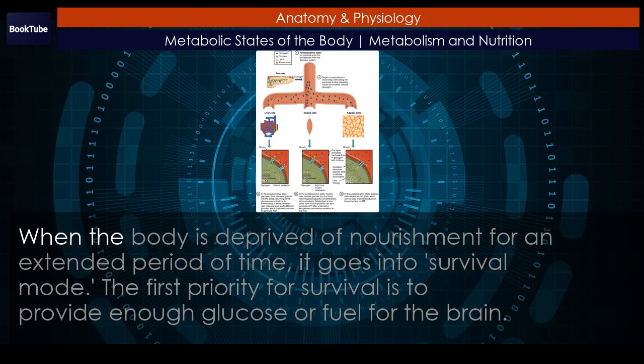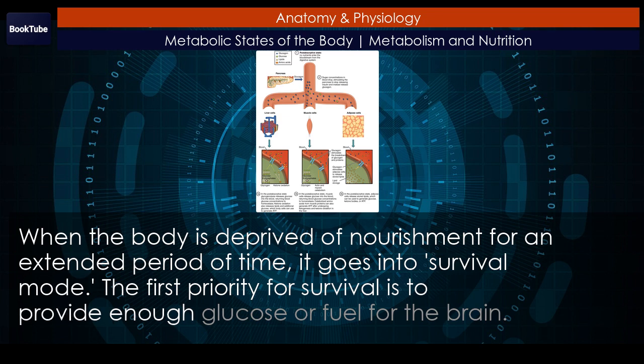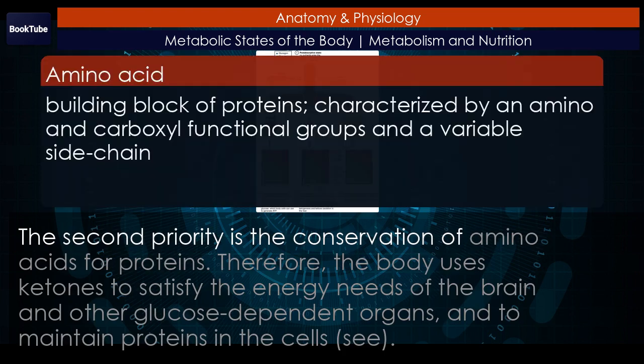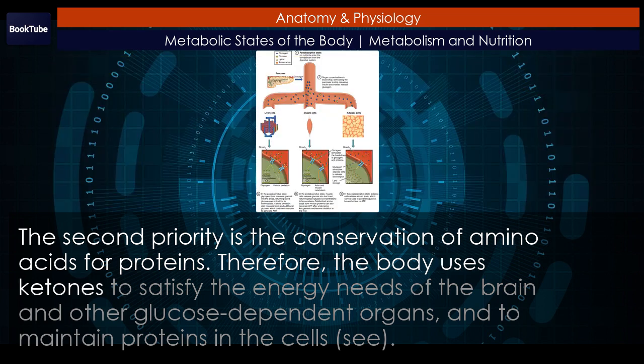Starvation. When the body is deprived of nourishment for an extended period of time, it goes into survival mode. The first priority for survival is to provide enough glucose or fuel for the brain. The second priority is the conservation of amino acids for proteins. Therefore, the body uses ketones to satisfy the energy needs of the brain and other glucose-dependent organs, and to maintain